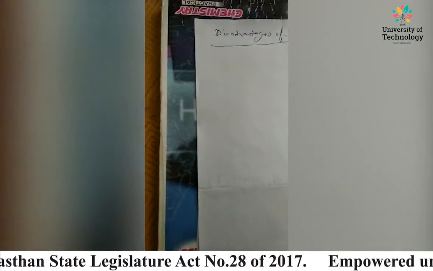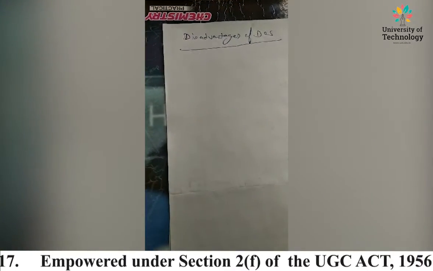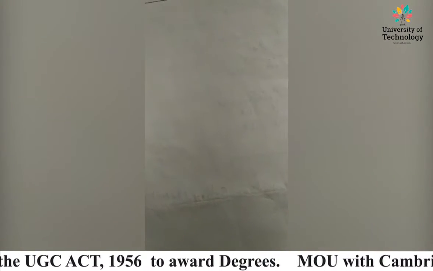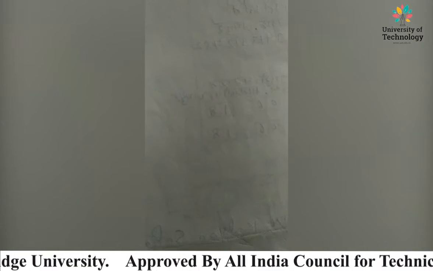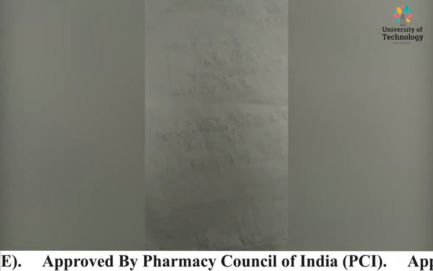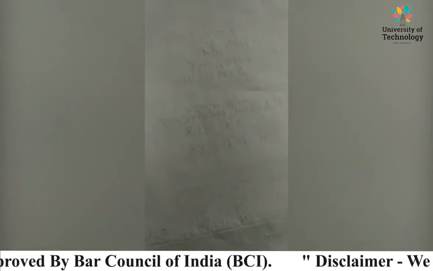To establish a distributed system, the languages which are used are not well defined yet. We can also say that these types of system are not readily available as they are very expensive. Not only that, the underlying software is highly complex and not understood well yet. These are the disadvantages of distributed operating system.